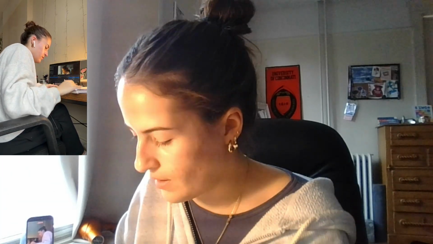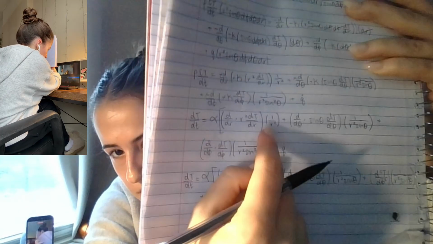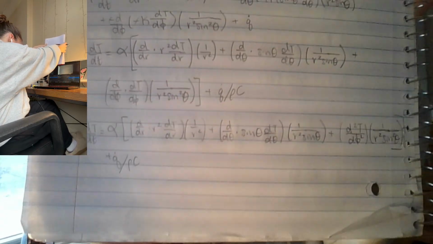cannot be simplified further. One last thing is I noticed I forgot to divide the energy generation by density and heat capacity, which is what we did in the beginning. So this, I'll rewrite to have density, heat capacity underneath that one as well. But don't forget that. That's a very important part. So this is our final equation